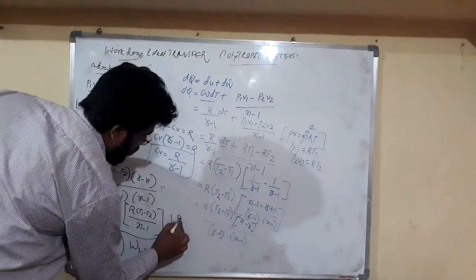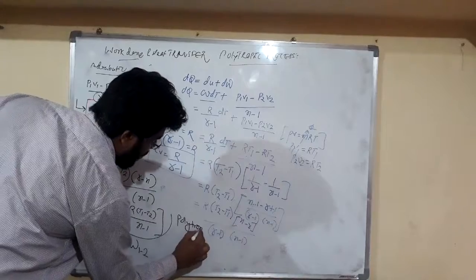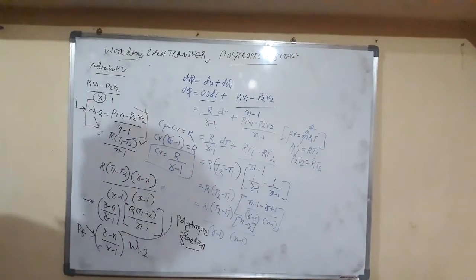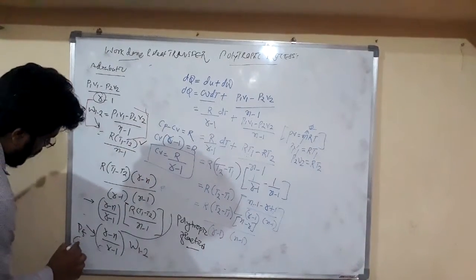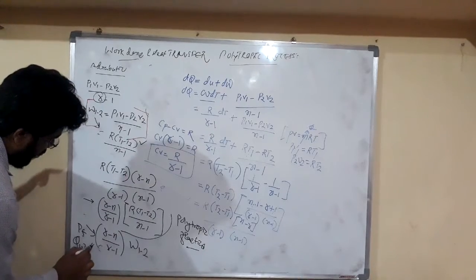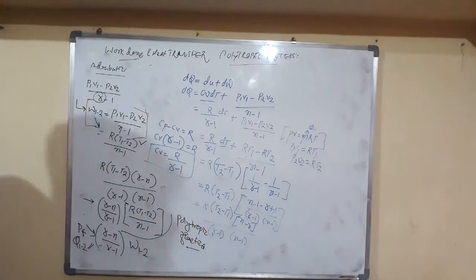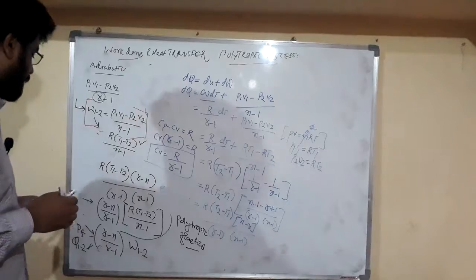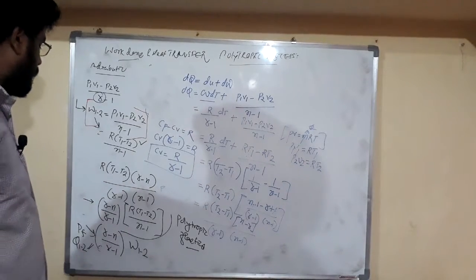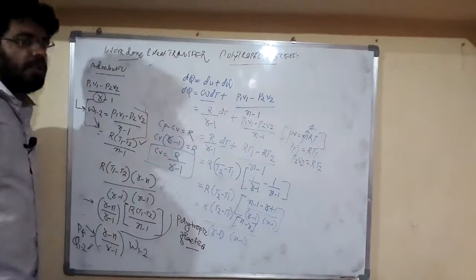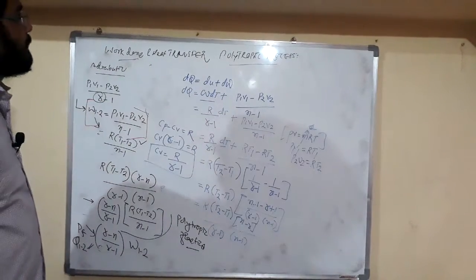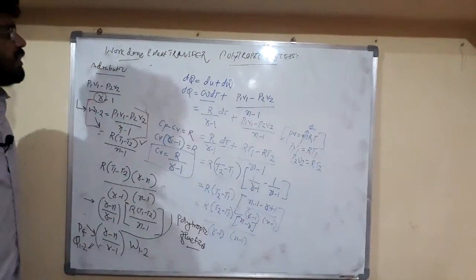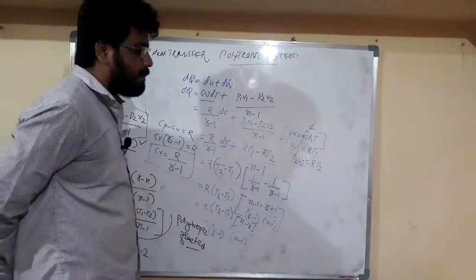It is called the polytropic fraction, friends. And friends, this is our Q12, the heat transfer in case of our polytropic process. This is the equation of heat transfer in case of polytropic process. It is equal to (gamma minus n) upon (gamma minus 1) into the work done from 1 to 2 in case of polytropic process. So friends, here we have completed both work transfer and heat transfer in case of polytropic process.